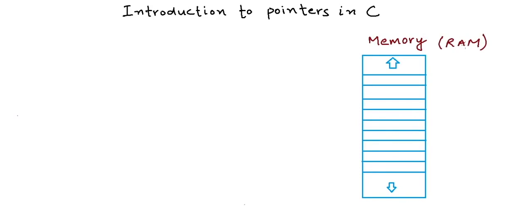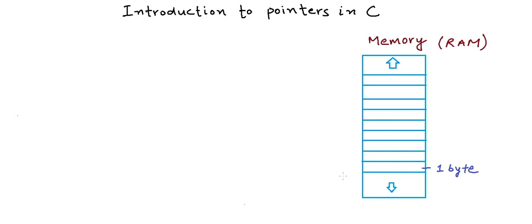We often say that my machine has got 2 gigabytes of RAM or 4 gigabytes of RAM. Now let's say these segments or partitions that we are showing here in the memory are each 1 byte of memory. In a typical computer architecture of the memory, each byte of the memory